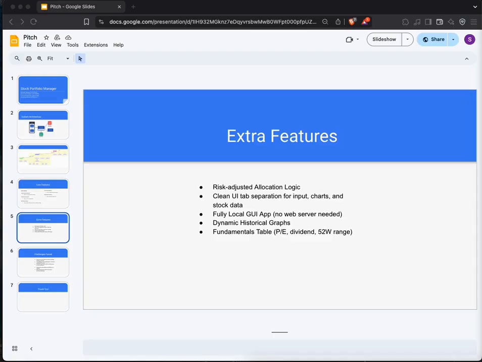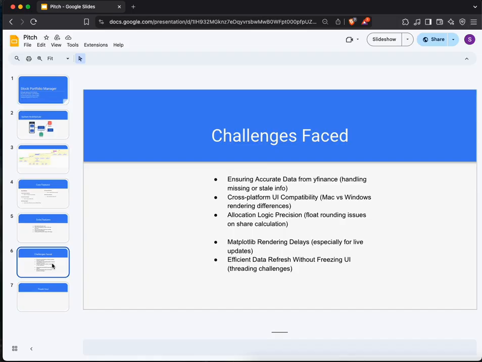And finally, like any meaningful project, we ran into a few challenges. Ensuring accurate data retrieval from Yahoo Finance API, especially handling